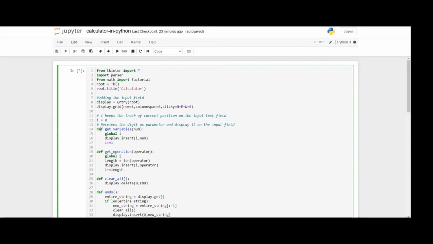Then I import another library called parser. Don't worry, you can get all the libraries from a particular site called pypi.org. You can see the link in my description.